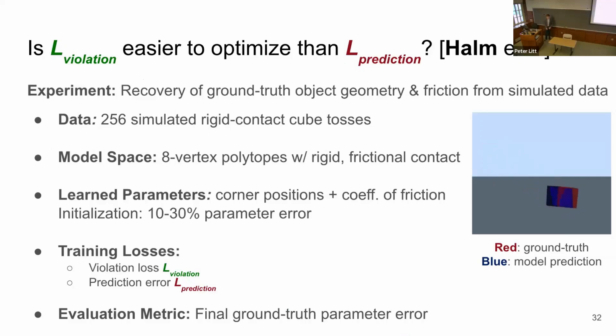Specifically, what we're going to do is collect noiseless simulated data such that there exists a model that produces exactly zero error. We are then going to learn the geometry and the frictional behaviors of the die with 25 numbers representing the position of the corners of the die, as well as the coefficient of friction between the die and the ground. We're going to initialize them to be wrong, something like 30% relative parameter error, and see if by gradient descent we can recover those true ground truth parameters.